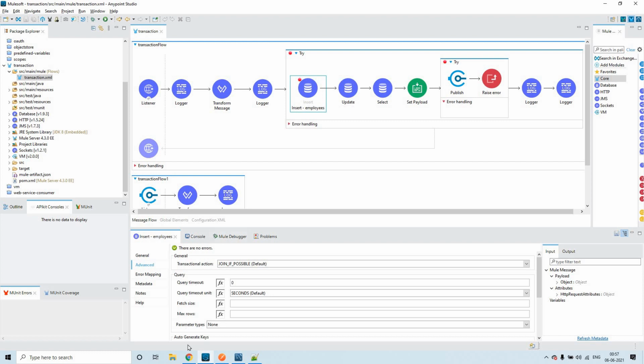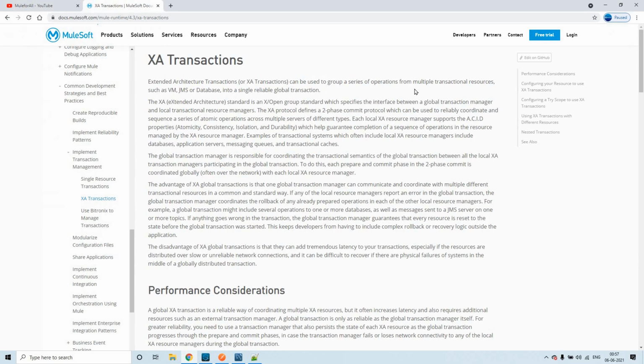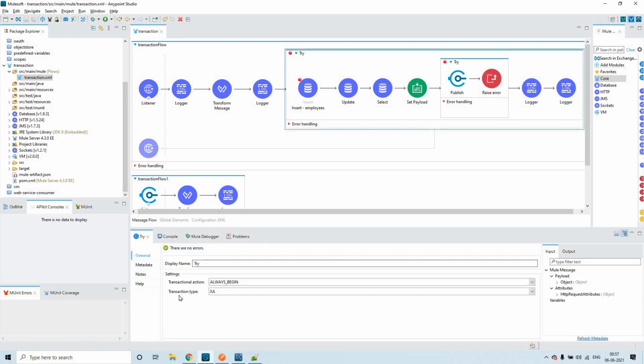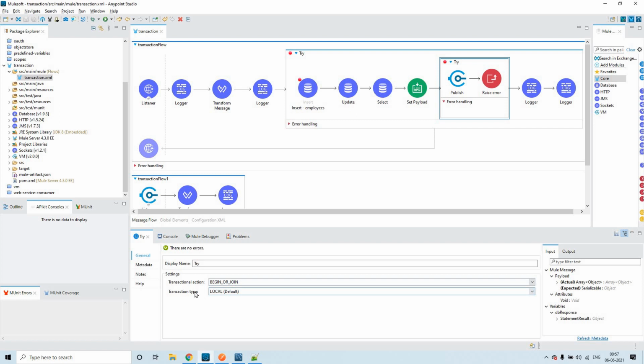In local transactions, we cannot have a feature like nested transactions, but with XA transactions, we can have nested transactions. That is one more advantage. If you see here, I have chosen transaction type as XA, and inside the XA transaction, I'm using one more local transaction type.